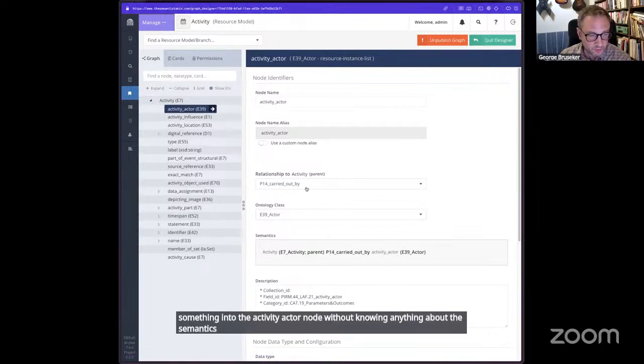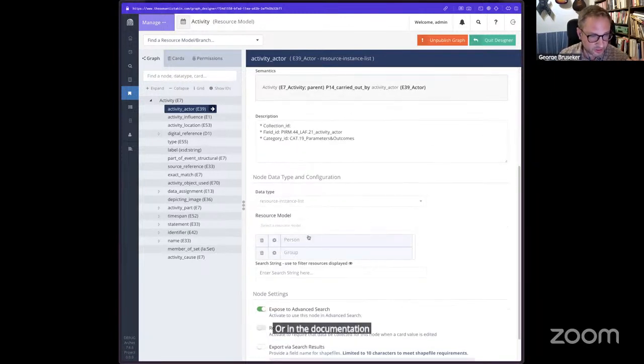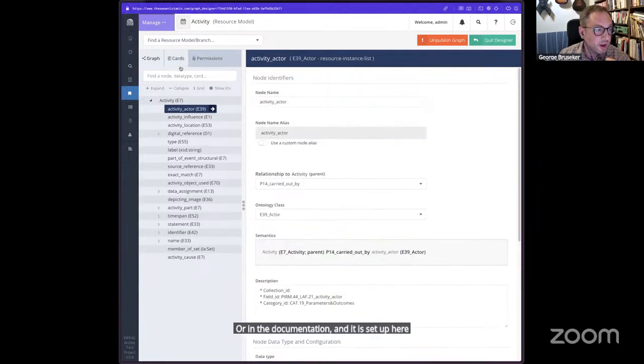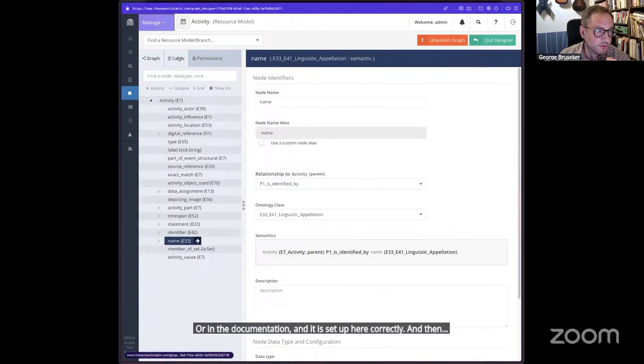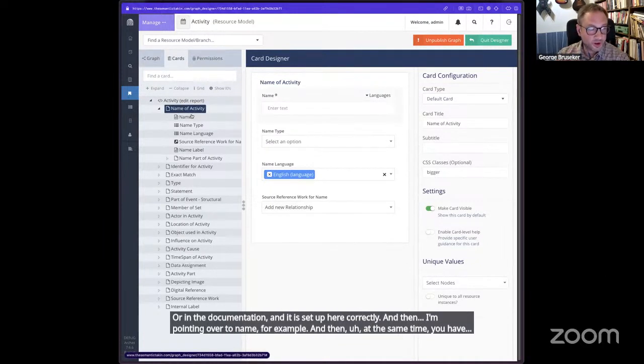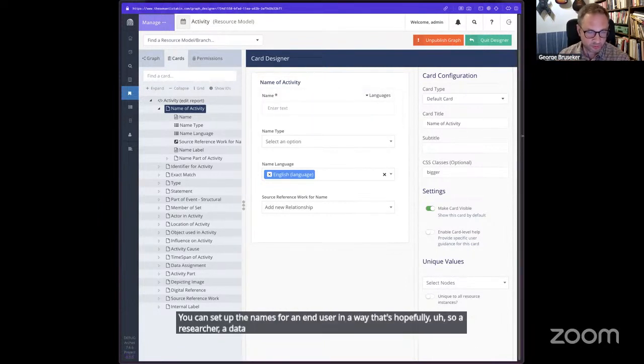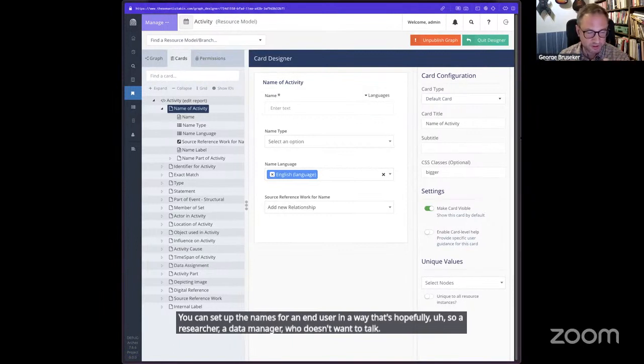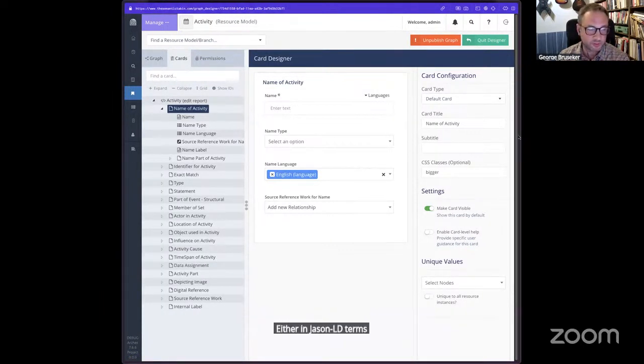But over here, we have the semantics, which is defined in the model or in the documentation, and it is set up here correctly. And then going over to name, for example, at the same time, you can set up the names for an end user in a way that's hopefully useful to a researcher, a data manager who doesn't want to talk either in JSON-LD terms or in conceptual modeling terms.